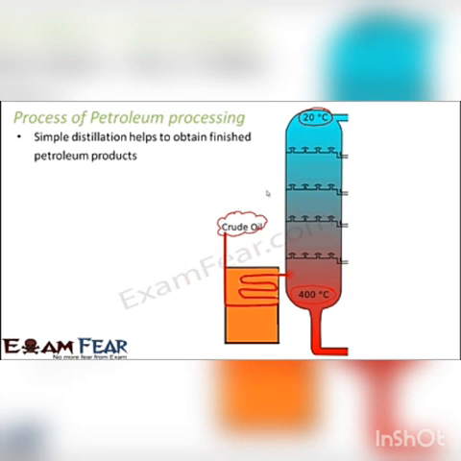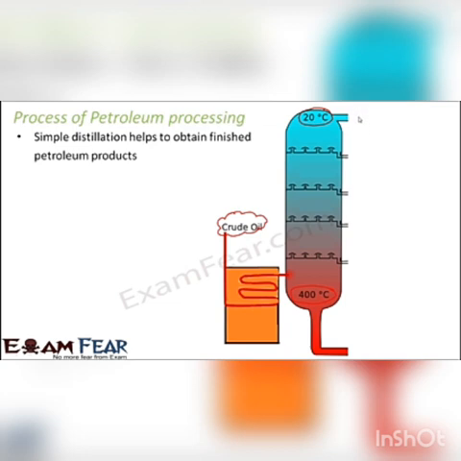So the lighter products, for example, LPG, will boil at lower temperature. So they will get collected towards the top of this distillation column, whereas the heaviest products like maybe paraffin wax or lubricating oil, they will get collected towards the higher end of the temperature. Sometimes, in fact, some of the products might even go to temperatures as high as 1000 degrees Fahrenheit as well.